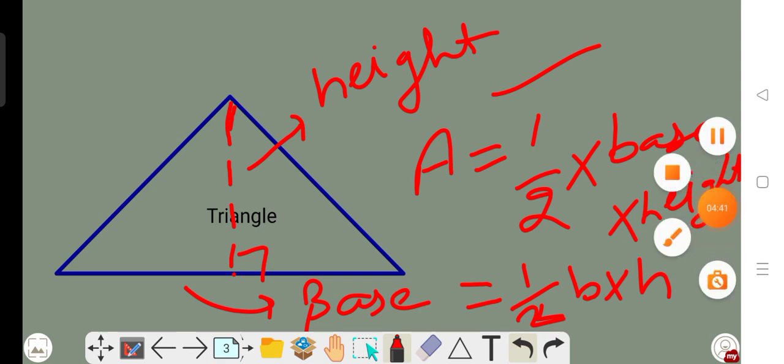So these are some basic parts of your area calculation formulas. Okay. So before going to the exercise, beta, revise your exercise page numbers 281, 282. Through this, you will be able to understand all the basic formulas for calculation of areas. We will start our exercise in the next video.